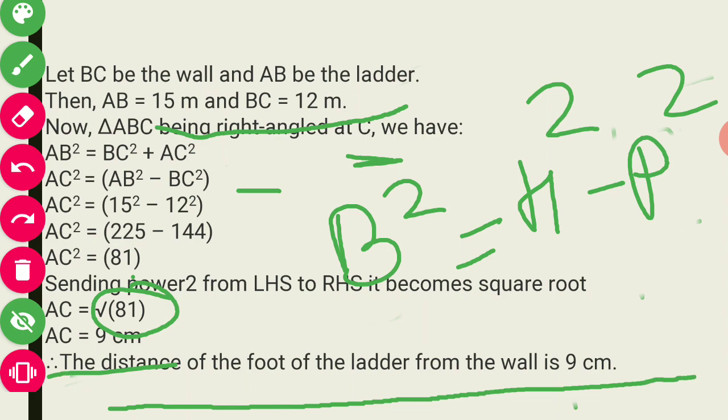So children, this was chapter triangle and its property. Now your homework is that write all the definitions that I have taught in this chapter, and whatever properties I have taught, that also write down in your geometry copy. Then solve exercise 15A, 15B, 15C and 15D in your copies.